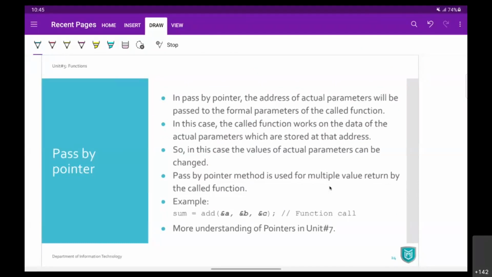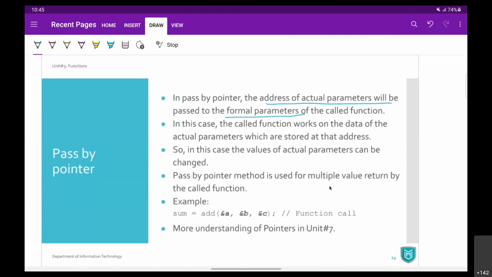Whereas if you go for pass by pointer, then it is going to pass the address of the actual parameter. वो उसकी कॉपी जनरेट नहीं करेगा, वो एक्चुअल में उसी का एड्रेस दे देगा. This is where the data is. आप यहां से एक्सेस कर लो, इस एड्रेस पे आपको डेटा मिल जाएगा. You can access your data at that address. तो फिर फॉर्मल पैरामीटर जो है उसके पास क्या रहेगा? उसके पास डेटा नहीं रहेगा, उसके पास एड्रेस रहेगा उसका. Whenever you want to use data, you have to refer to that address.